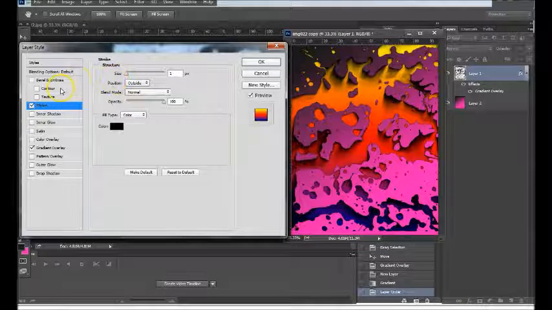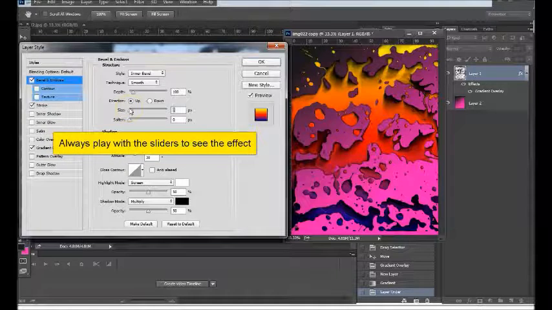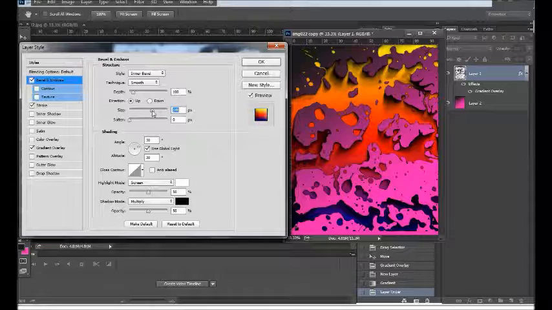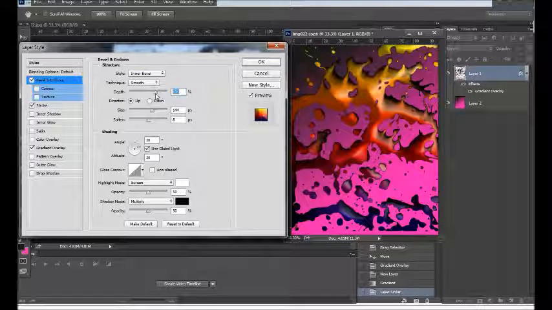You could also use Outer Glow. You could use Drop Shadow. I'm going to use Bevel and Emboss here. And by playing around with the sliders there, watch what happens. You're going to change the shape of that to give it more definition, a little bit more separation, if you will, from the background. And that's what we're looking for. We're looking for kind of a depth feeling, so that it's not just one flat layer on top of another. Okay, so once we decide, looking at it there, and we like it, then you just simply click OK, and you have yourself a nice little